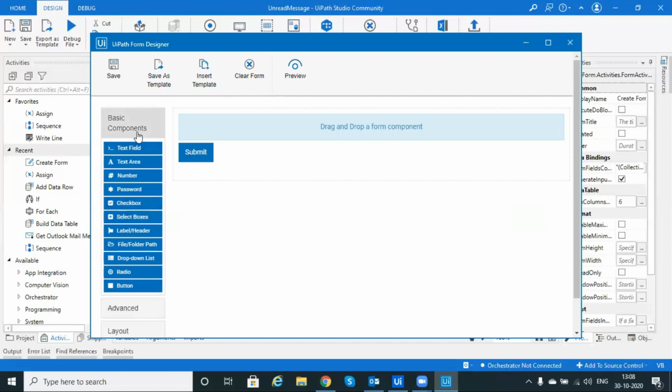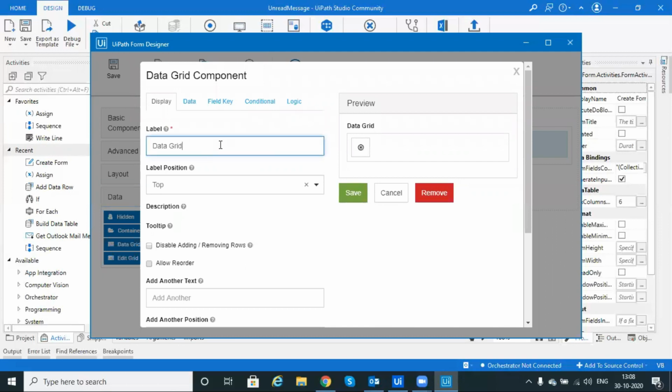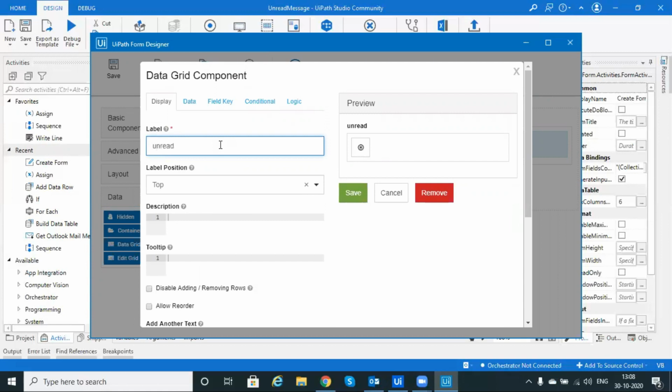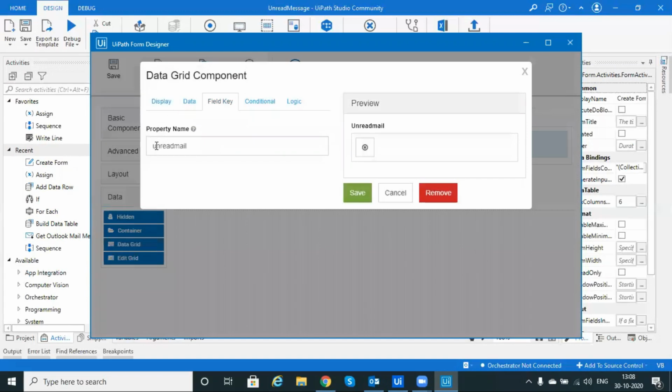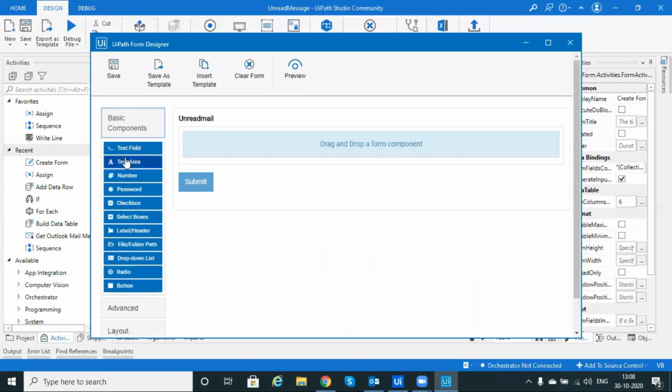Yeah, so in Data we will go to Data Grid, drag and drop it, and here we will mention unread mail, right, unread mail.